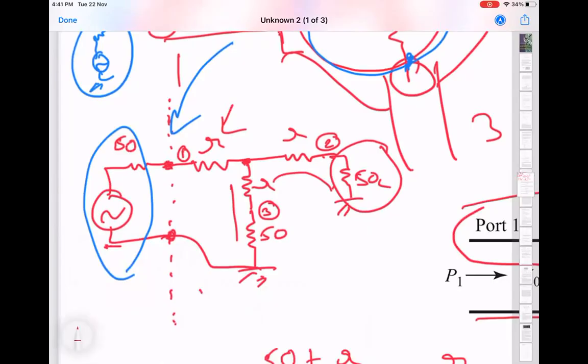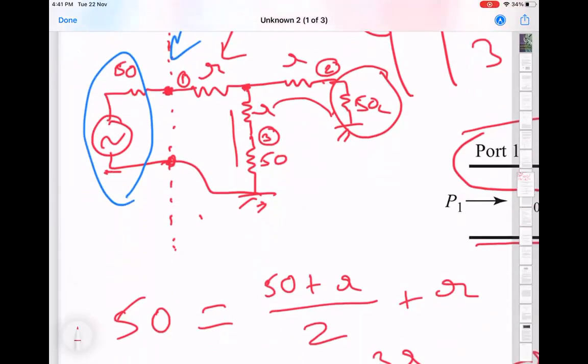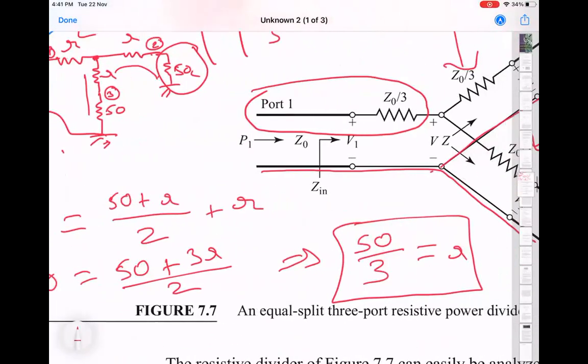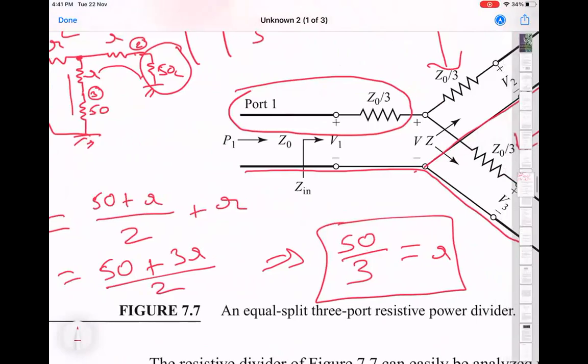And that is easy. It's 50 plus R and 50 plus R in parallel. So that became 50 plus R over 2, and then plus R. That's the resistance between these 2 points. And that needs to be equal to 50 ohms if it should look matched. So we solved for that, and we got that R is 50 over 3,